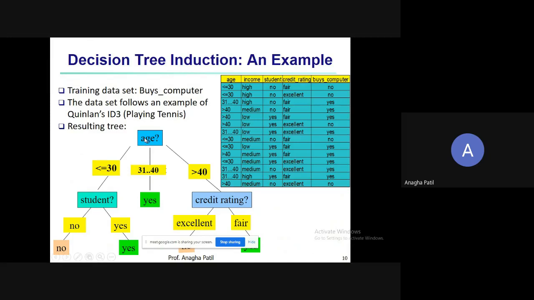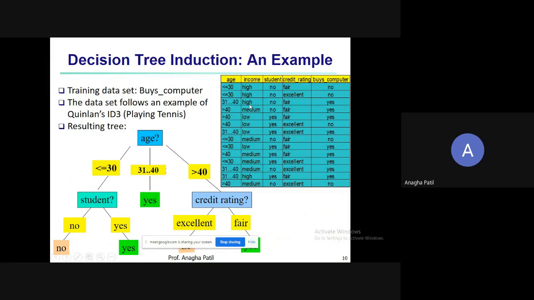Okay, so what will happen if the value of age is less than or equal to 30? Let's pick one more important attribute after the age, which will say that if age is less than or equal to 30 and student is equal to no, it simply says that buys computer is equal to no. We are just analyzing it over here. There is a method for how a decision tree is built. We are just seeing an example over here.